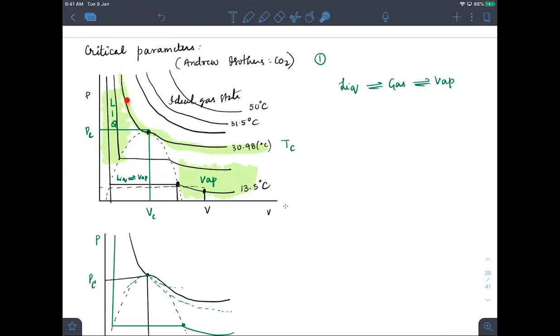See, below this temperature, if you operate carbon dioxide at around 30.98 or below that, and you start compressing, which means you are applying pressure, then here Z is always less than 1, which means attractive forces are dominant. As they are dominant, slowly the gases will interact with each other, and now they are existing in a vapor phase. From here, if you increase even a small amount of pressure, there is a sudden change in the volume,